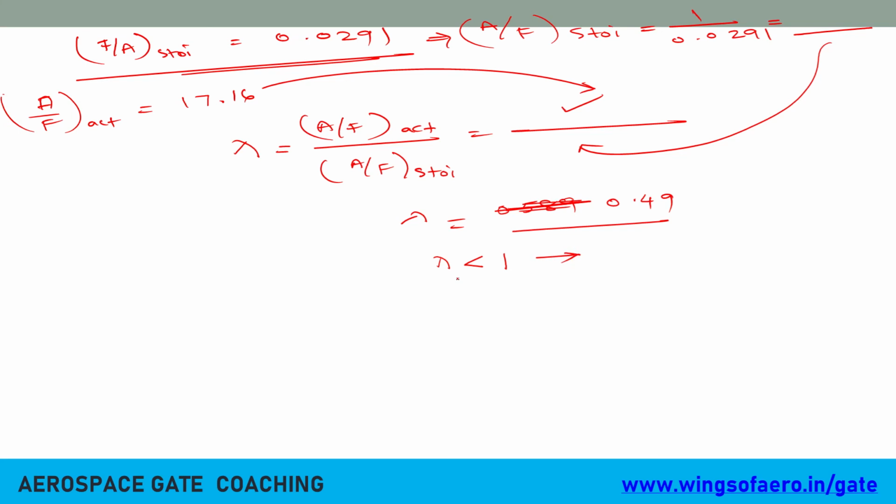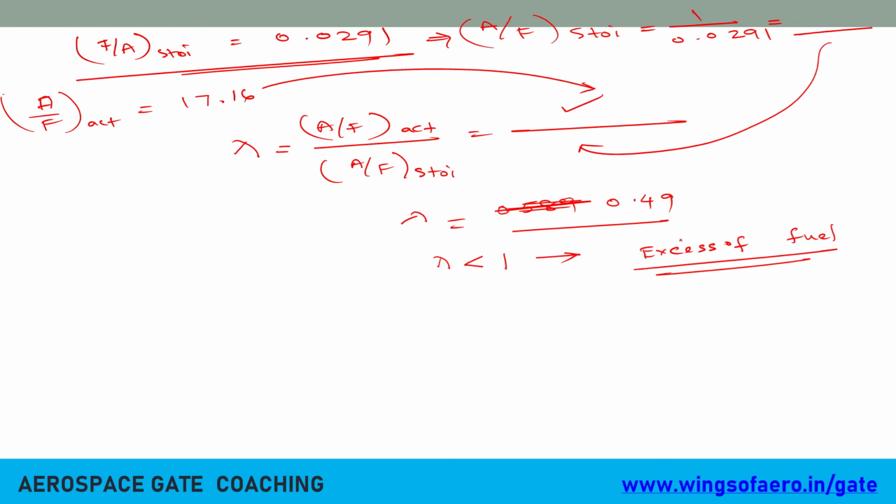So which are rich? What is meant by rich? We said excess air or incomplete combustion. Excess of fuel, ma'am. So whether we can do the combustion with excess of fuel, is it possible? No, right? And if there is excess of air, it is going to be incomplete.